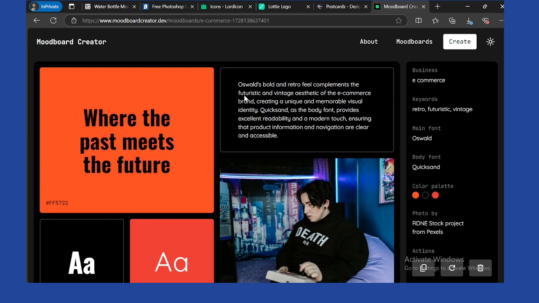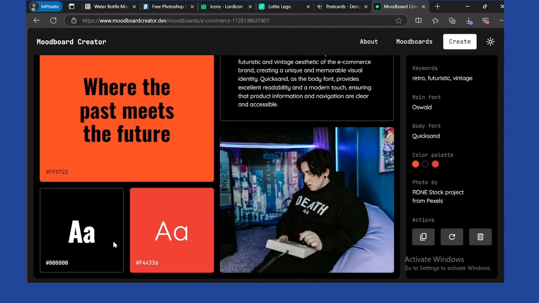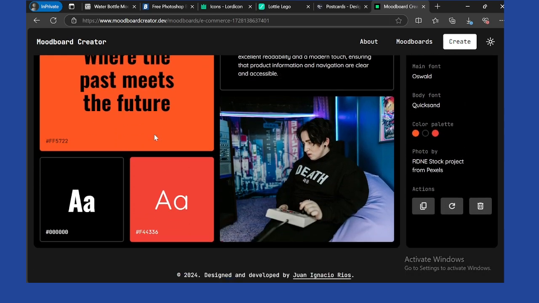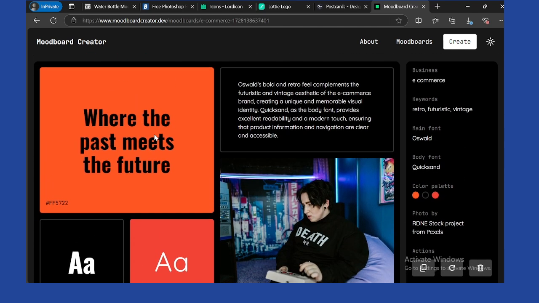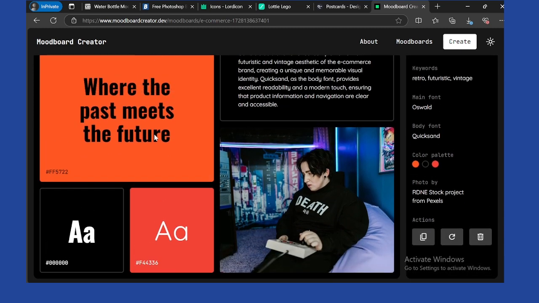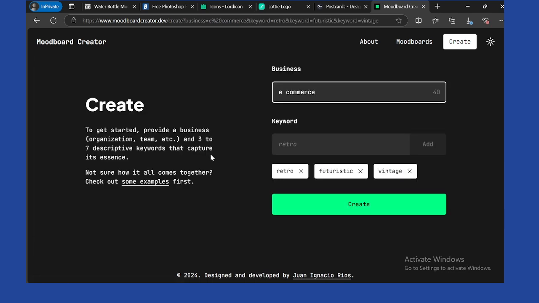So they're giving me this font, Oswald Bold, and the colors would be like this. So this is sort of like a style branding, the theme I should probably go for, and in this website you can explore that. So if you don't like it, you can refresh and you can type other words too. That's that with the mood board